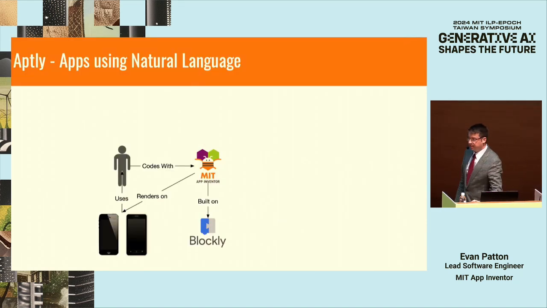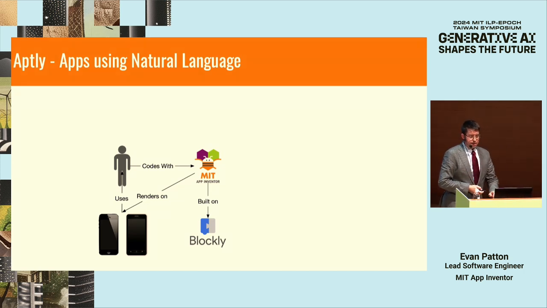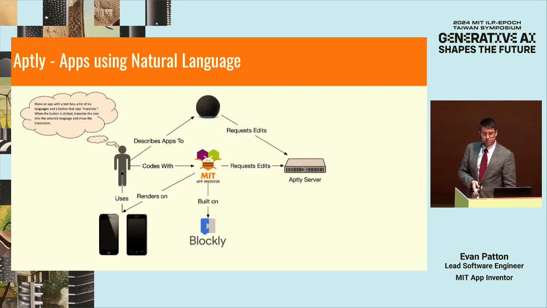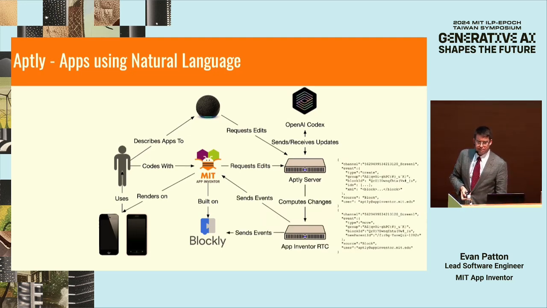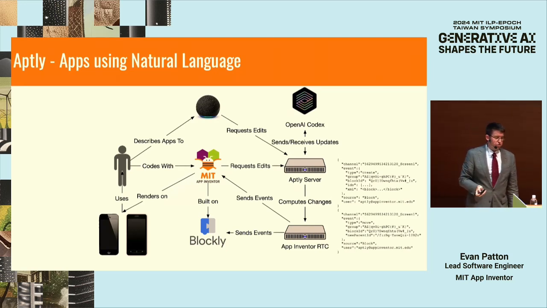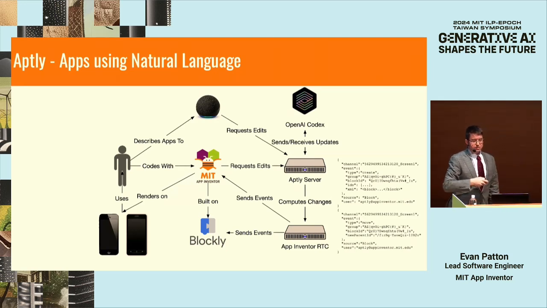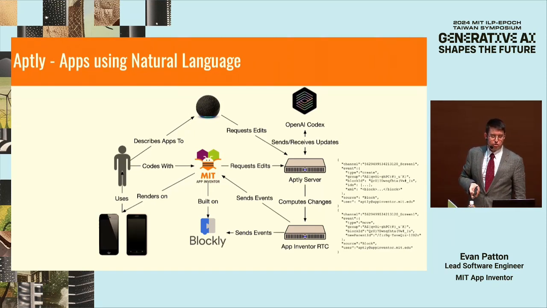And in terms of editing, the user is sitting there coding this app with App Inventor. They can give instructions via voice commands, as we saw in the video. Then what happens is the large language model produces a new updated version of the application. And then finally, we determine the differences in the program syntax tree to make updates. So rather than just inserting characters into a text language, we're dealing at a much higher level of abstraction to make the edits more efficient.